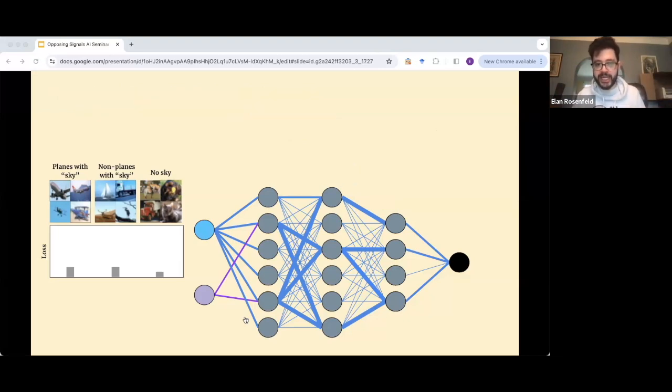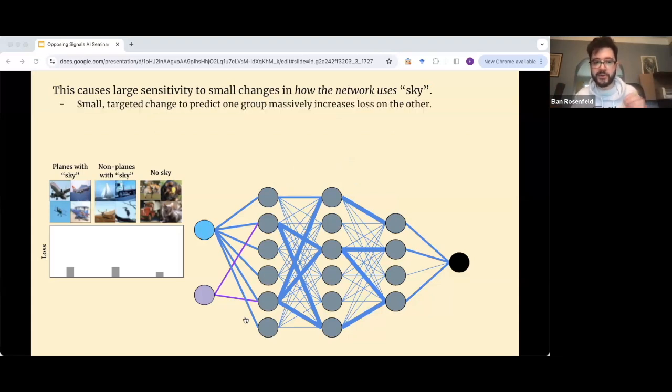Because it's dominating the network's activations, the network now has a very large sensitivity to how the sky feature is used. So if you were to make a small targeted change to say, whenever sky appears, predict plane, it's going to massively decrease the loss on planes and massively increase the loss on non-planes. This is a hypothetical change that could happen, right?